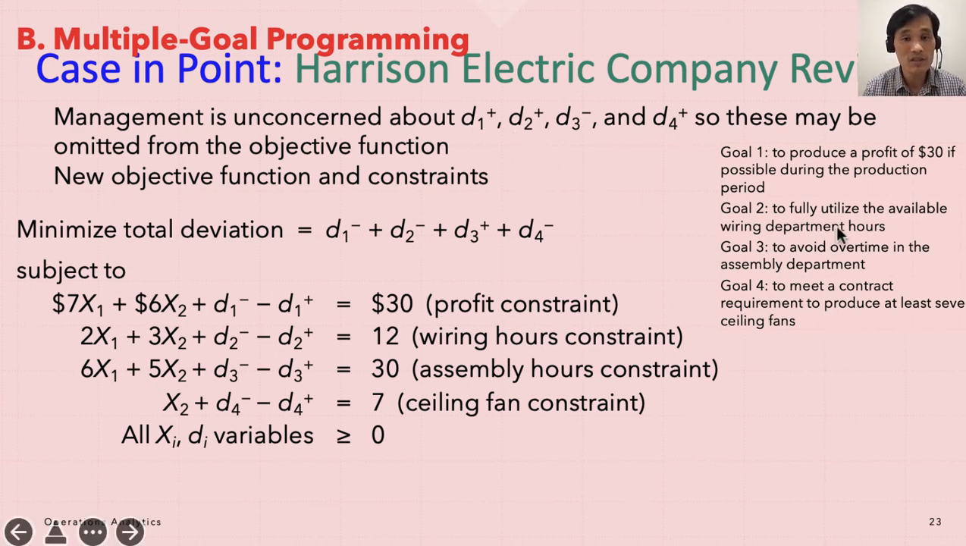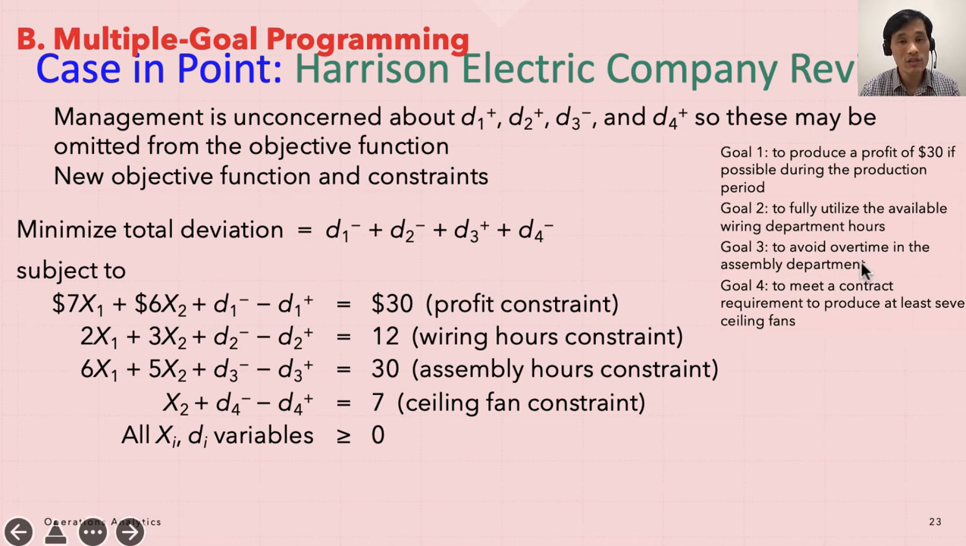So you're not as concerned, so you disregard it. D2 plus is fully utilized available wiring department hours. So in other words, you are not minding overusing the department. If you are overachieving, that's fine. You don't care about it. So at this moment, you can just disregard it. D3 minus, underachievement of